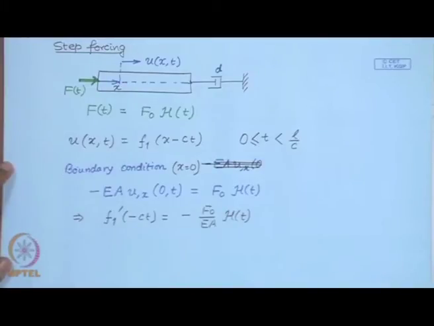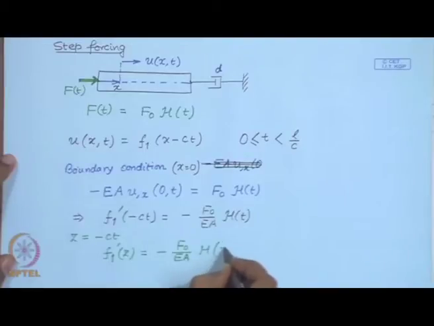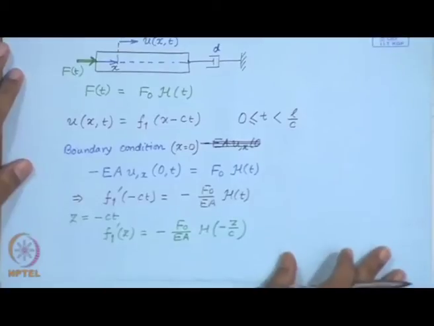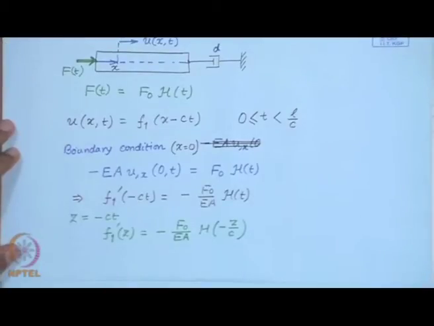Now, let us define z as minus c t, then we obtain f 1 prime. So, this is what we have, and therefore,